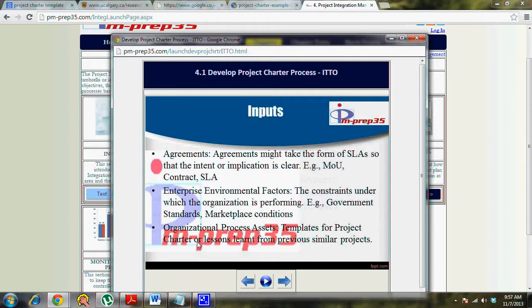The enterprise environmental factors and organization process assets, they are common input across most of the initiating and planning processes, understandably, basically because initially there is a lot of external factors that you have to factor into your planning and the initiating process group. So obviously enterprise environmental factors contribute towards that. When you talk about enterprise environmental factors, they are nothing but what external environment will affect the project as such, or the organization.